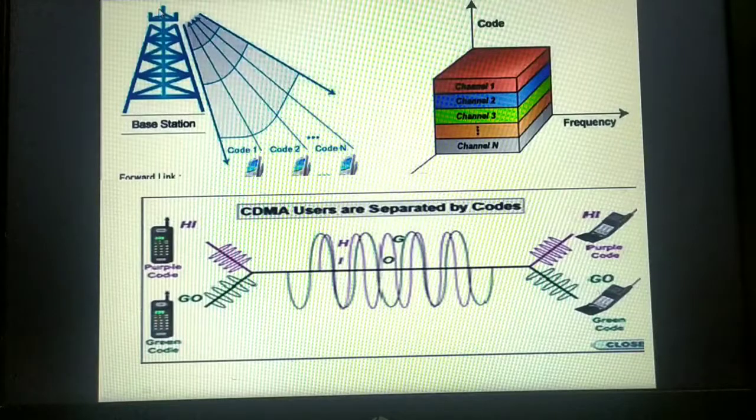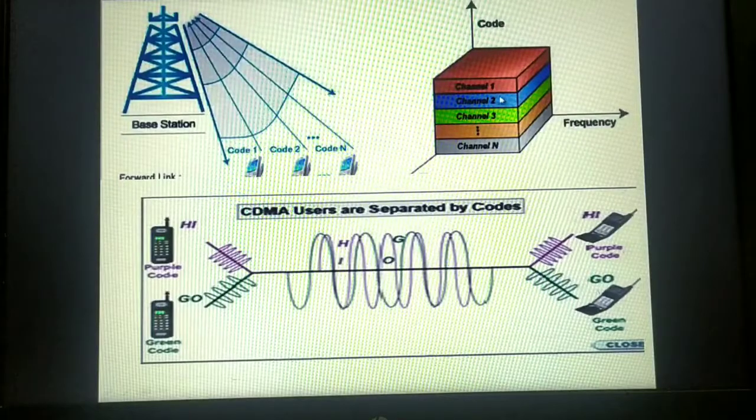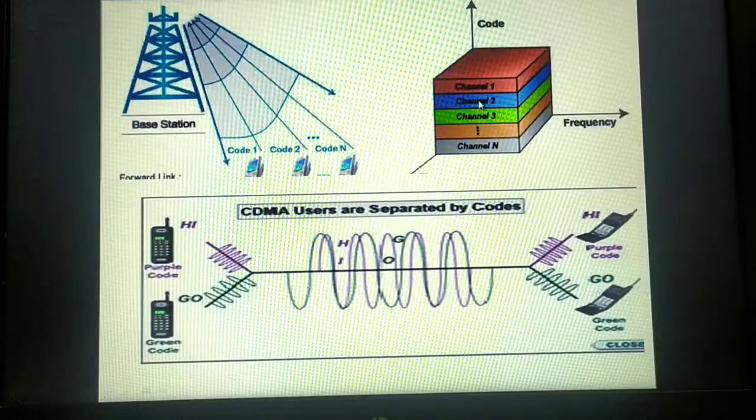Like that, n number of users can use the same spectrum or the same frequency to transmit data. And when the base station sends the reply back from the other end, the receivers in between, the base stations and all, are also sending within the same frequency range. If the frequency is not divided, obviously the data speed will be very fast, and the voice quality will also be very accurate. Now here I can show you, there are n users. Channels means there are n users, and each user is using the complete frequency. And here the color coding is given in terms of red. Here it is given as blue.